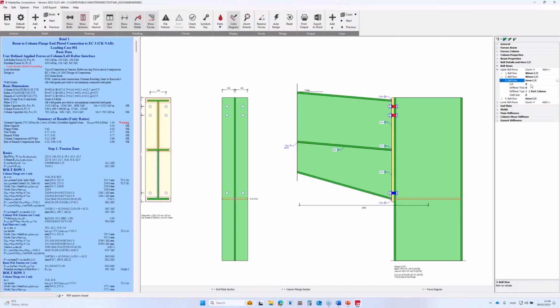Adding a third bolt row is still not enough. 6 times overstressed. Let's add a fourth bolt row. Okay, the moment capacity of the connection looks good now. However, the weld of the bottom stiffener is failing, so we have to return to the bottom stiffener properties